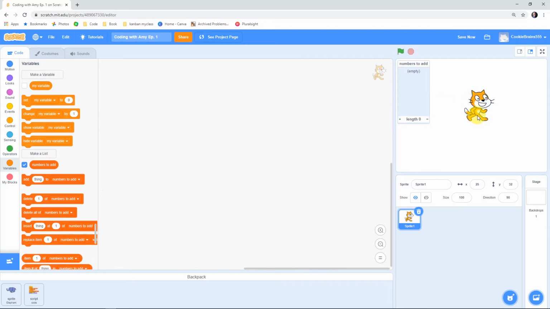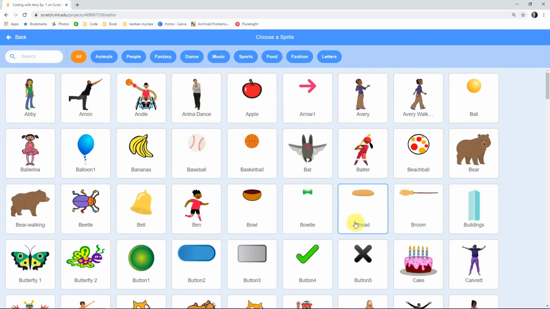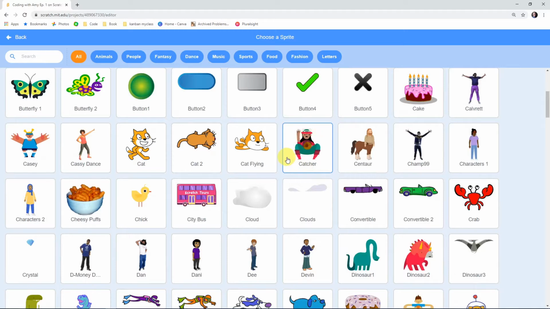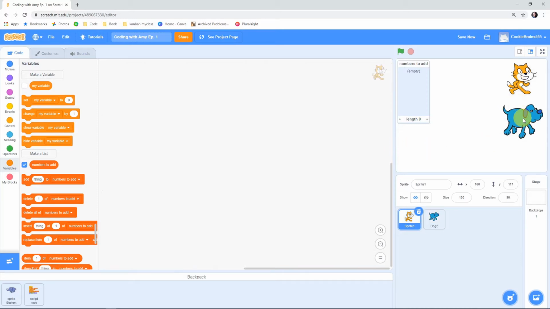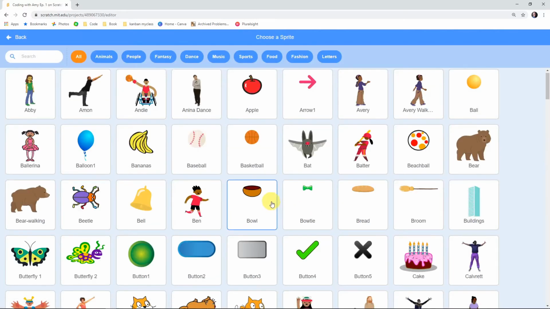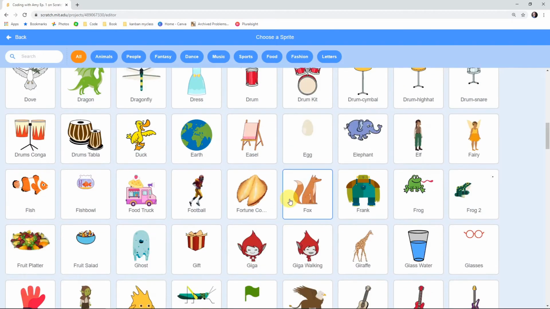I'm also going to use some sprites in this problem. I'm going to use Scratch the cat and attach to him the code that will gather the multiples of 3. And then I'm going to use a different sprite. I'm going to grab this dog, and I'm going to attach to him the code that will add to my list the multiples of 5. And then once I have the multiples of 3 and the multiples of 5, I'm going to use one more sprite,